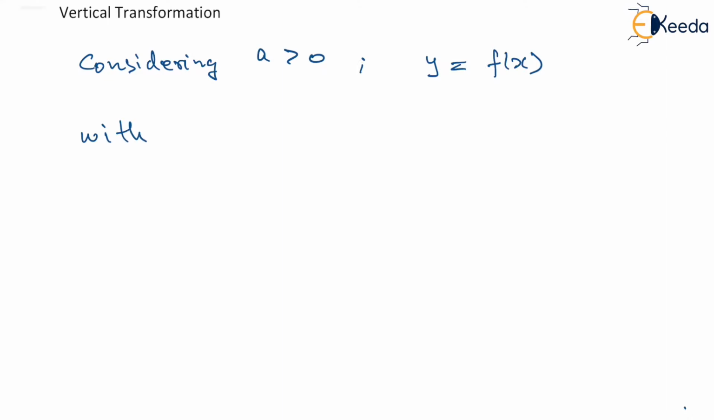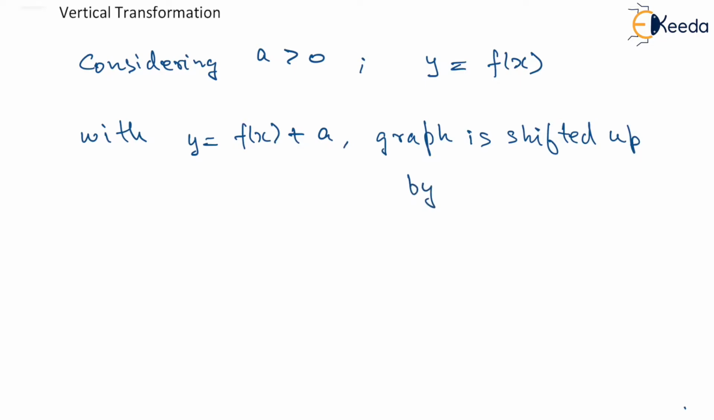So we will start with the first one, which is vertical transformation. Let us say that in this case, considering a which is greater than 0, if initially we have a graph of function y equal to f of x, now with the change, that is y equal to f of x plus a, we will see that the graph is shifted up by a units,